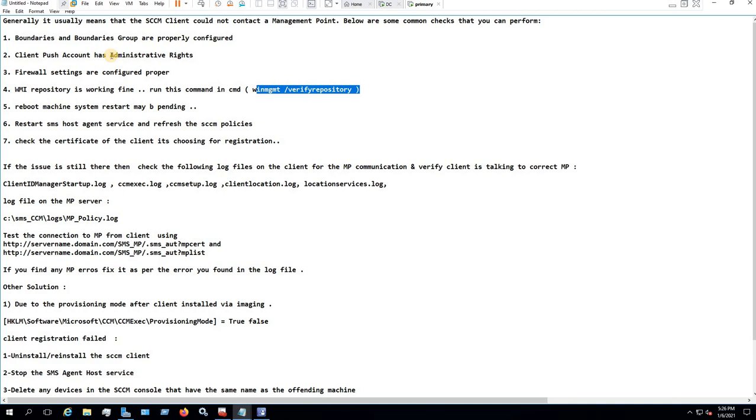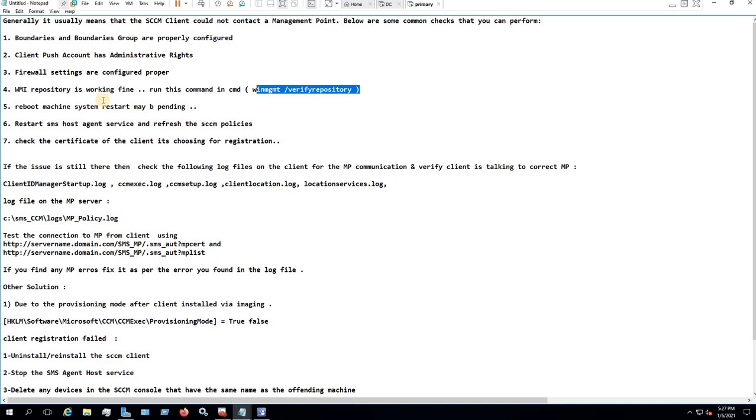Fifth is simply reboot the machine, because there might be a restart pending which you can check in the ccmsetup.log file. Sixth is simply restart the SMS Agent Host service, which is responsible for your client software.